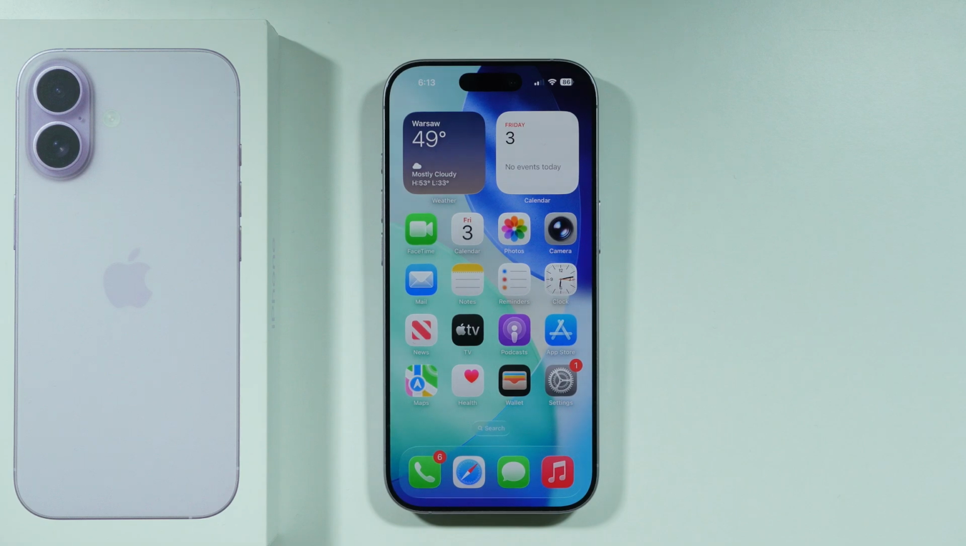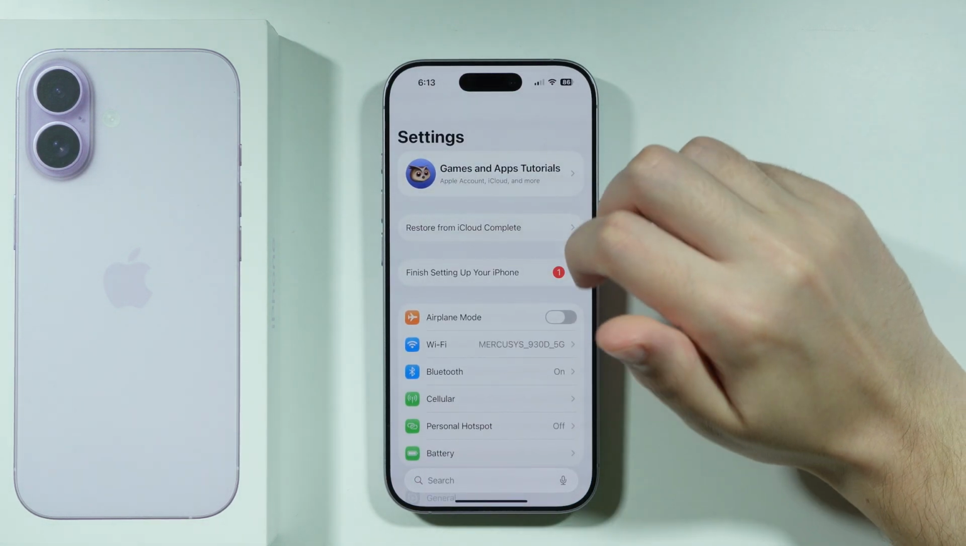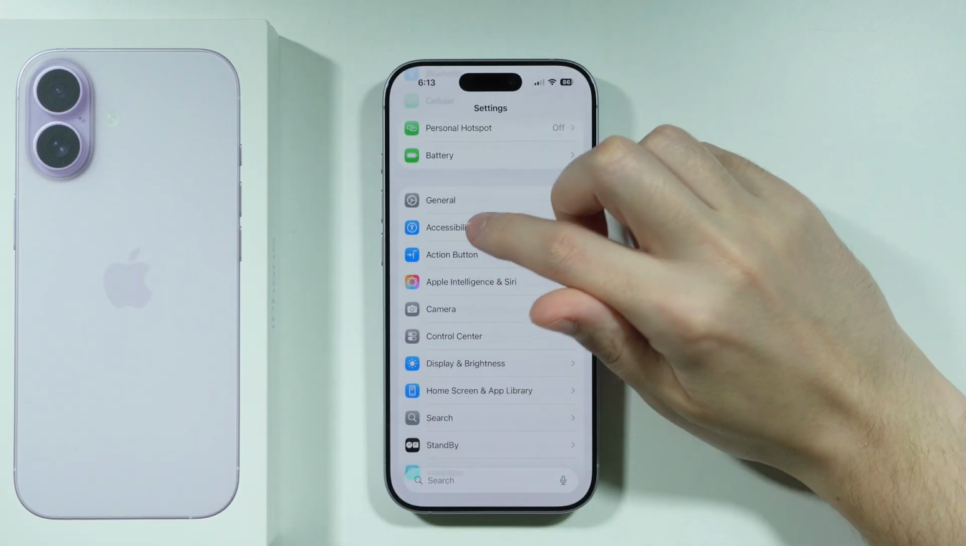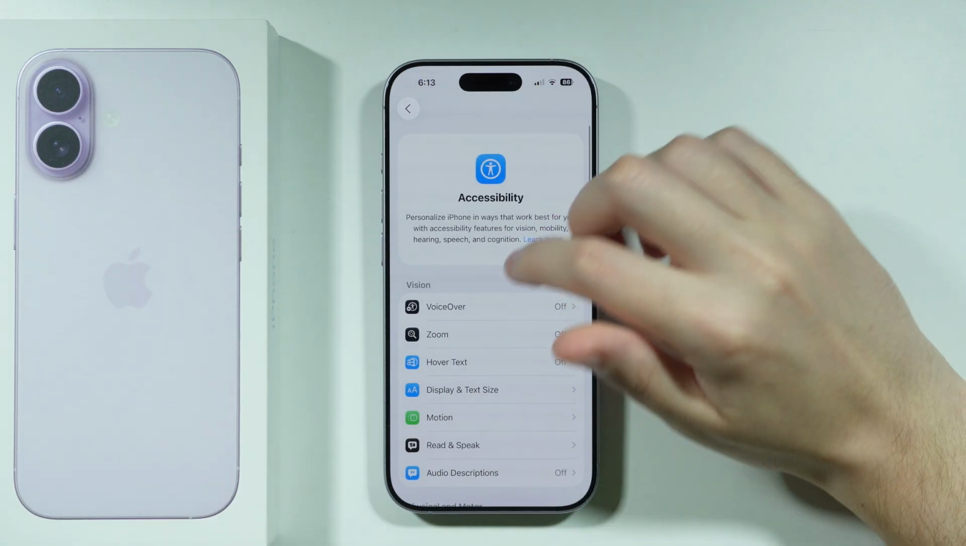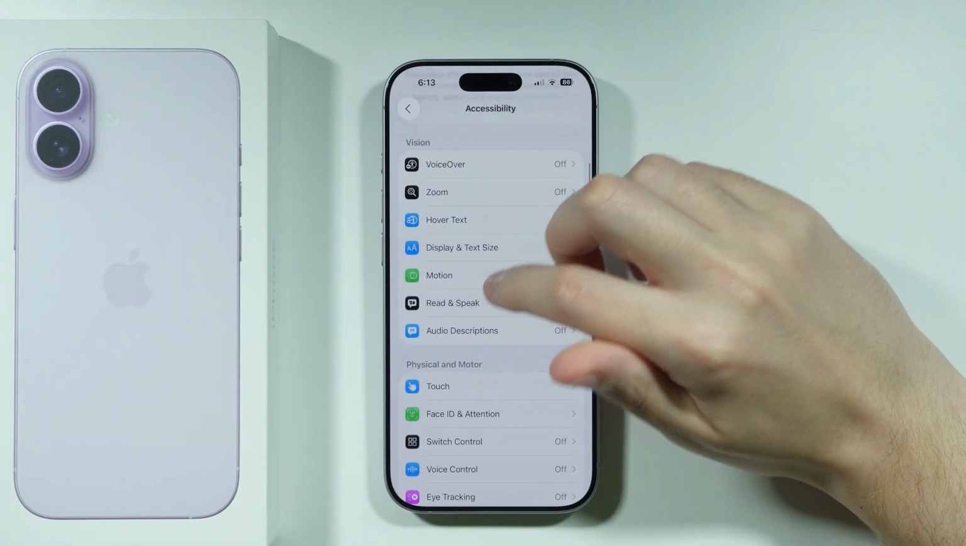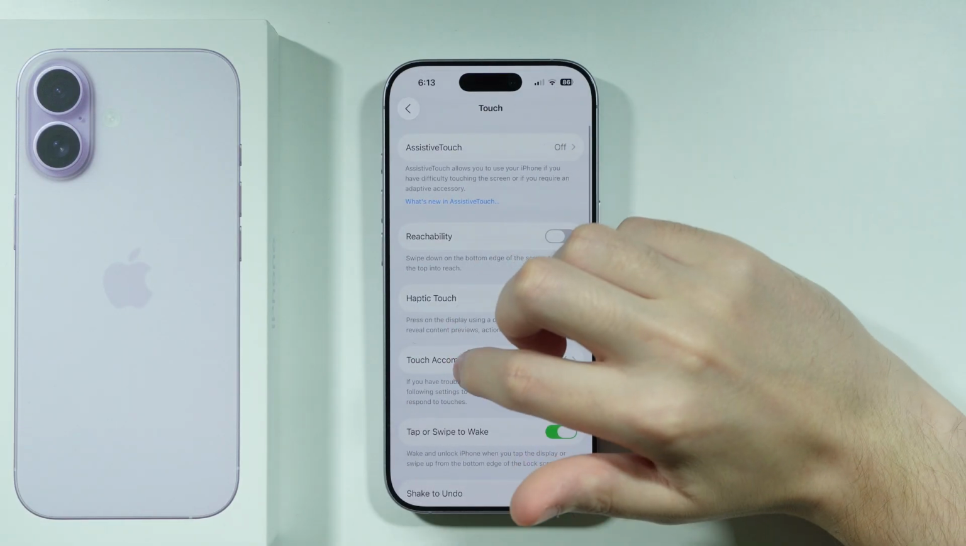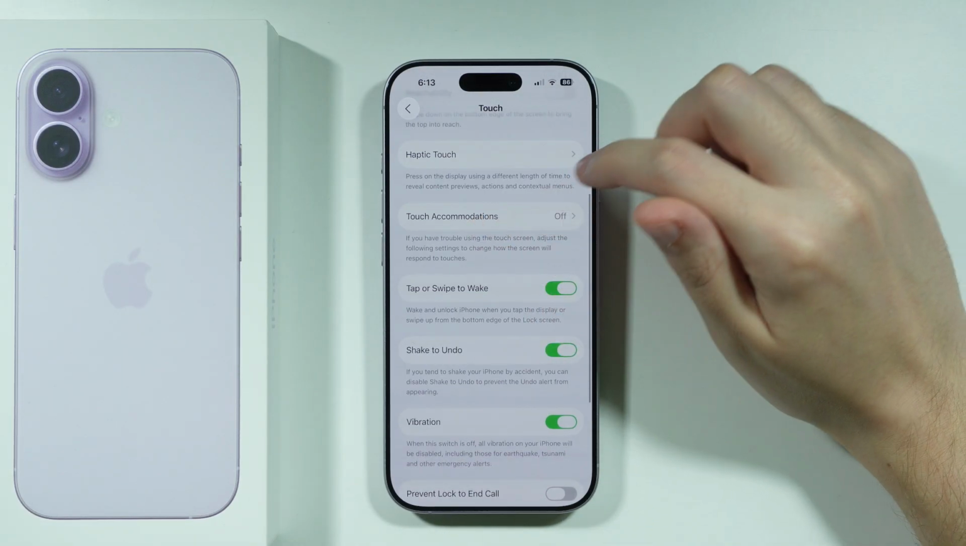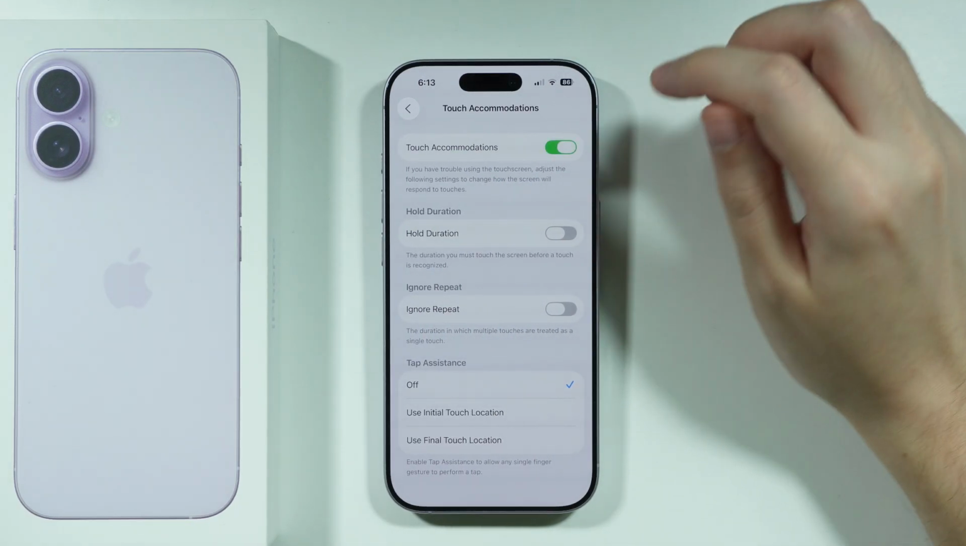If you want to manage touch accommodations on iPhone 17, then first of all we can open Settings. Next, in Settings you want to choose Accessibility, and then in Accessibility you want to go to Touch. Now over here in Touch we have Touch Accommodations, so we can go over here and you can enable and